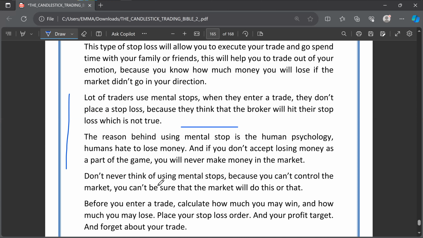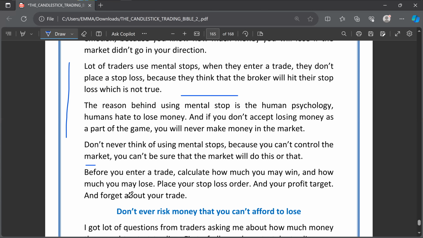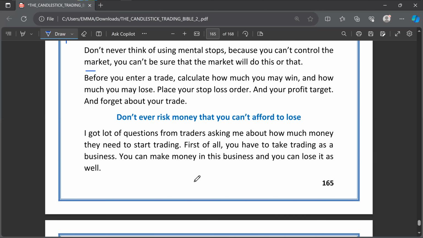Now, never think of using mental stop because you can't control the market. You can't be sure that the market will do this or that, right? So just leave the market and go your way. Before you enter a trade, calculate how much you win and how much you may lose. Place your stop loss order and your profit target. And forget about your trade. Go somewhere, go and relax. Don't risk